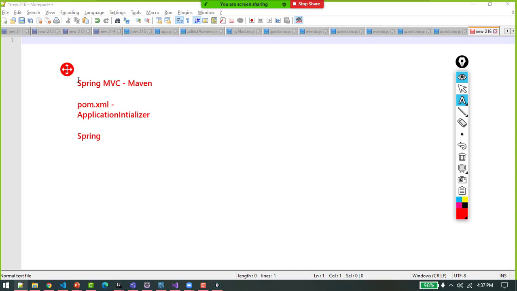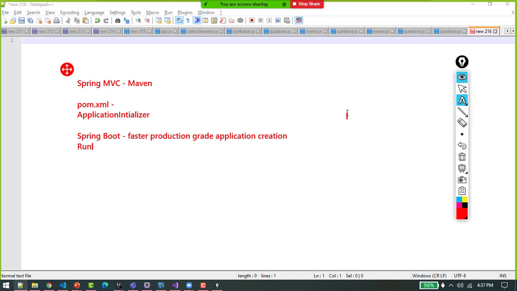Now when we create a project using Spring Boot, another module, another project of Spring Framework, first of all, Spring Boot is one of the projects that comes under the Spring Framework umbrella, like Spring MVC, Spring JPA, Spring REST. So programmers use Spring Boot for faster production grade application creation. Easily we'll be able to create the project and easily our project will run. So these are the two things. With minimal fuss, you will be able to create an application which is up and running for your development process.